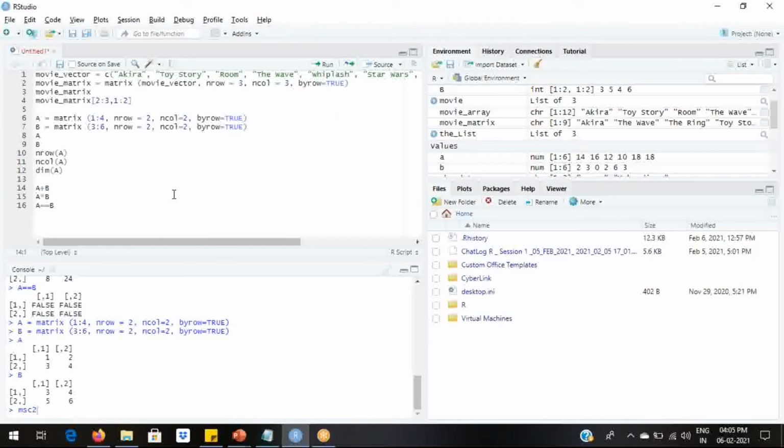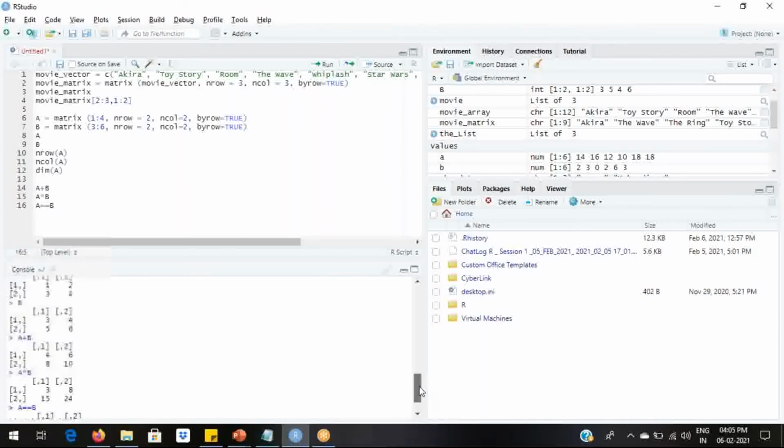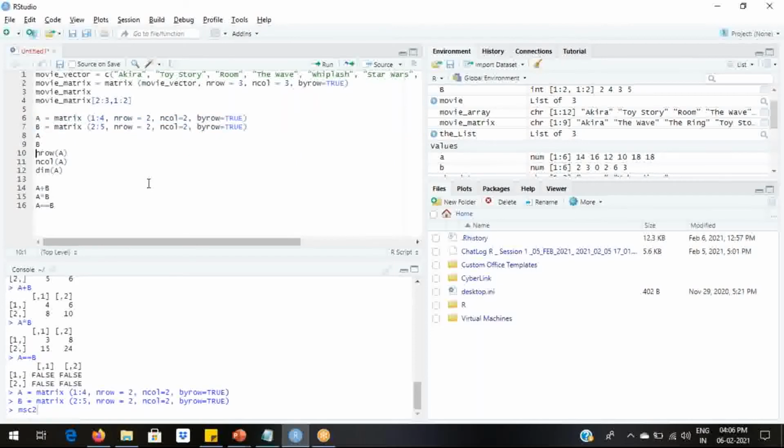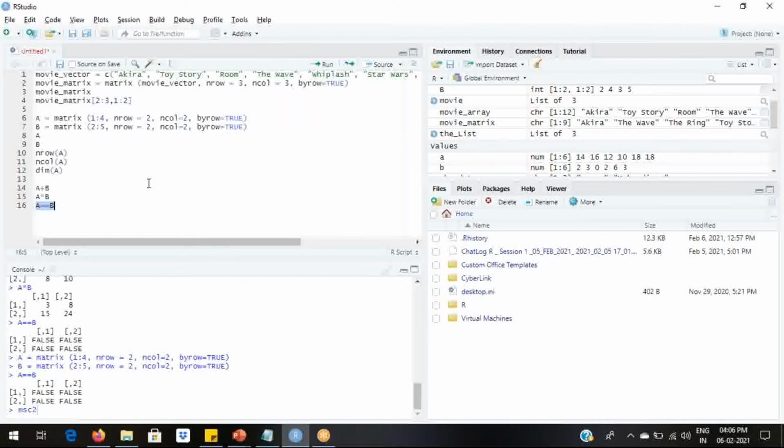Let us see what are the outputs. So you can see that the outputs are different since the values are arranged row wise rather than column wise. So we have tried different combinations.